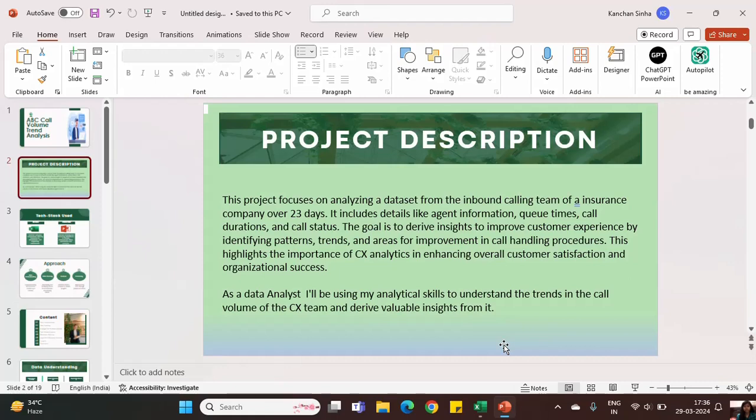In this project, I focus on analyzing a dataset from the inbound calling team of an insurance company over 23 days. It includes details like agent information, queue time, call duration, and call status. The goal is to derive insight to improve customer experience by identifying patterns, trends, and areas for improvement in call